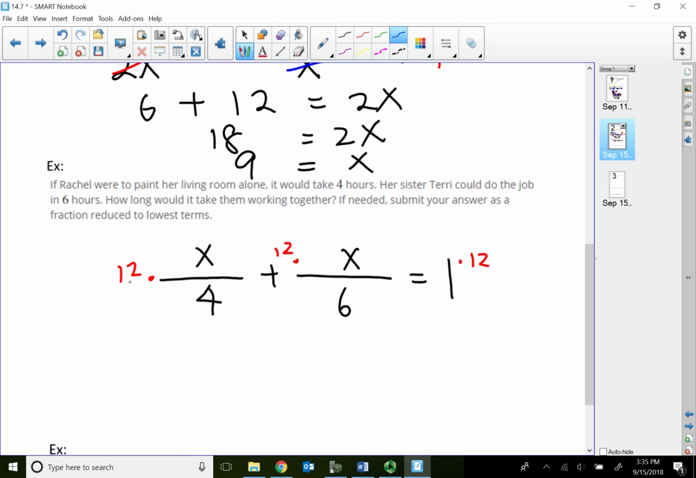All right. Top 12, bottom 4 reduce into 1 and 3. 3 times x, 3x. This is actually a linear equation. All right. Top 12, bottom 6 cancel out into 1 and 2. 2 times x, 2x equal to 1 times 12 is 12. So this is going to be 5x